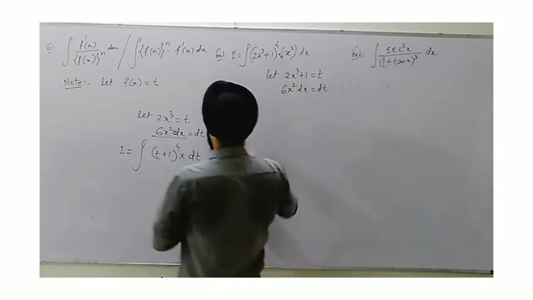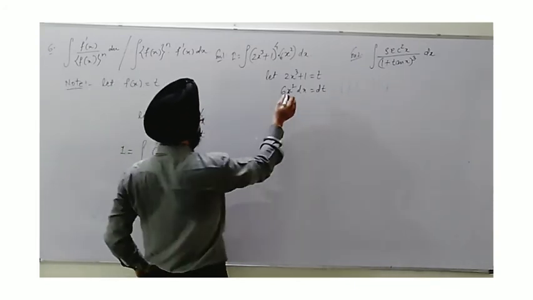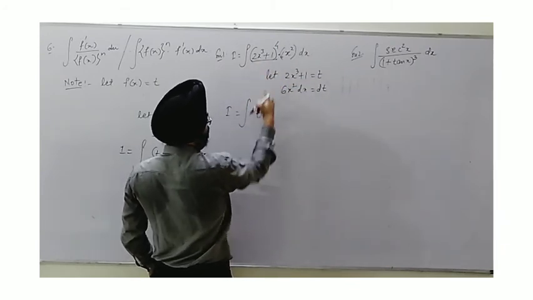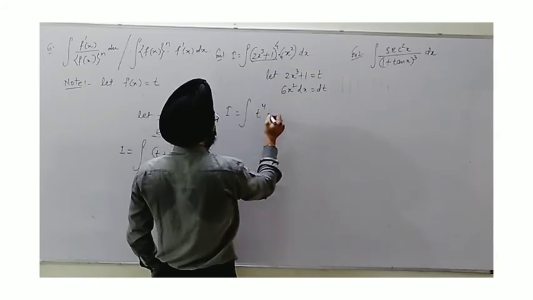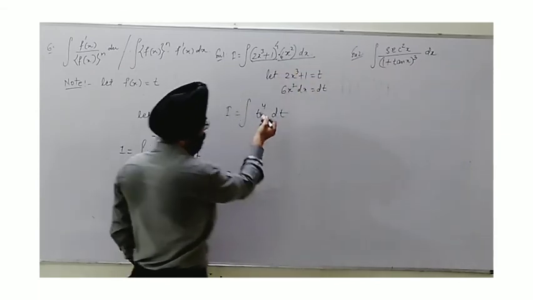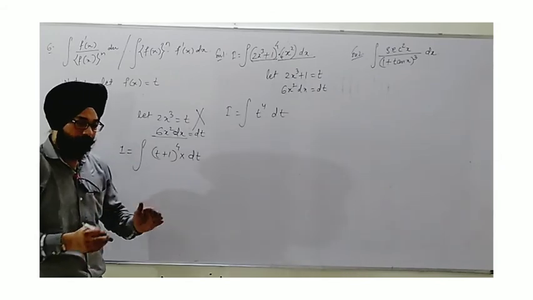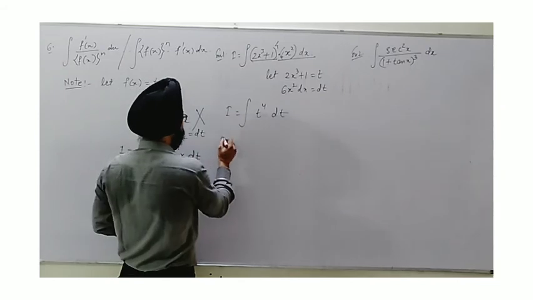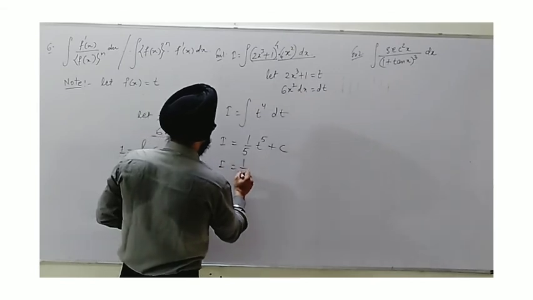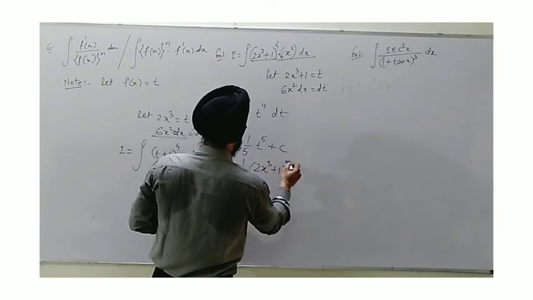So we will utilize this one. This one will be rejected. We will not choose this way. We will go with this pattern, and we have the integral with this whole replaced by t, so it becomes a monomial now. You can see the conversion. This is the purpose. t raised to the power 4, and this whole 6x square dx can be written as dt. Now you see how much easier this has become. So the choice is yours, as I said. We have to make it most convenient for us. Now we can use here the fundamental pattern: 1 upon 5 t raised to the power 5 plus c, and further we can write 1 upon 5 (2x cube plus 1) raised to the power 5 plus c.